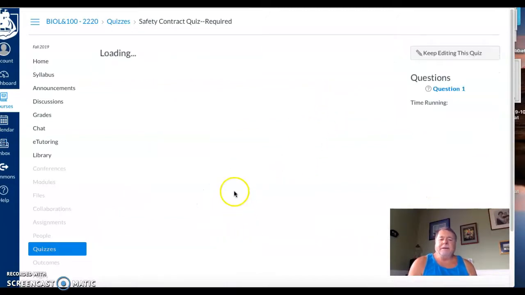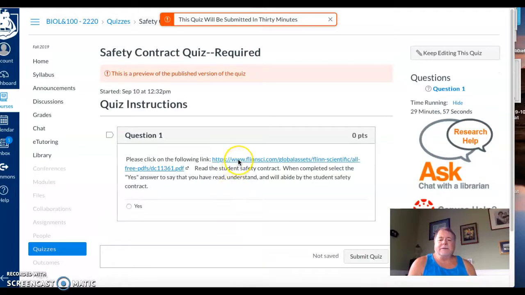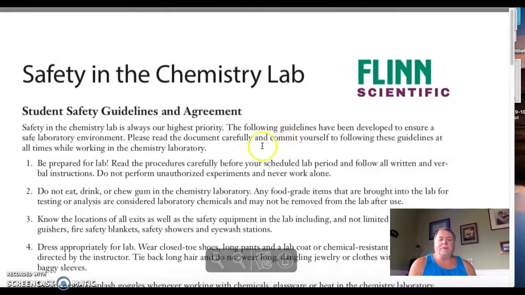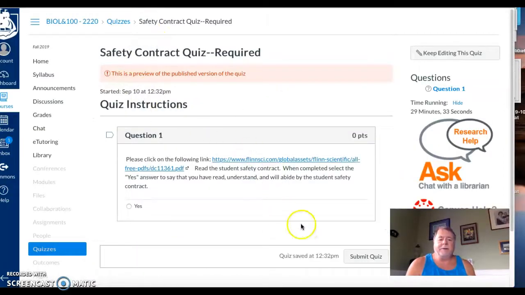a list of safety things. So you're going to please click the following link for the first question, and then it'll show you Flynn Scientific puts this out, and safety in the chemistry lab. Okay. All right, so going back to where we were, and then once you get done, you'll answer yes and submit the quiz. Okay,